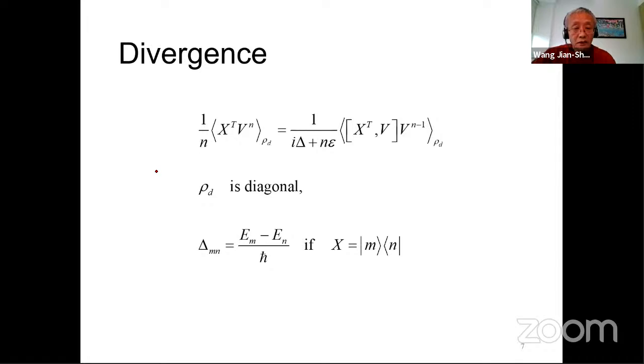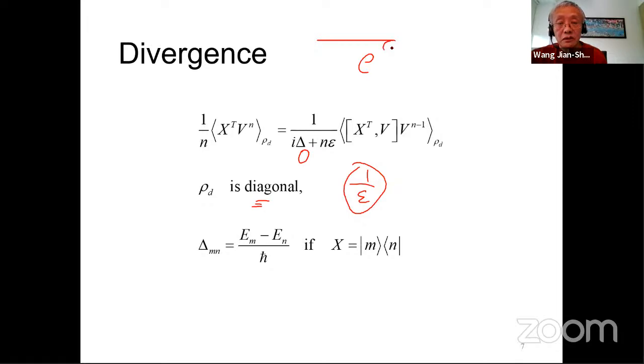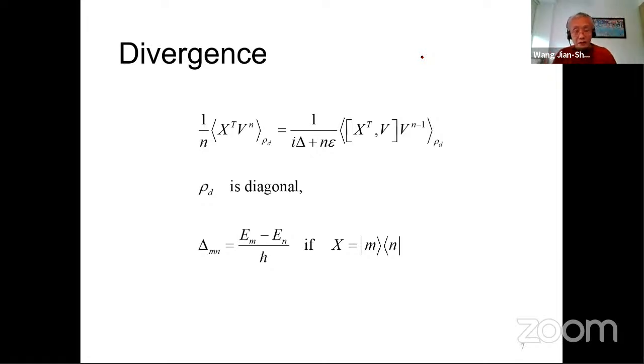So actually, it's not always divergent. It's only divergent on the diagonal. Because on the diagonal, there is this delta, and this delta is 0, because this is the hopping energy of two levels. So on the diagonal, this is 0, and you actually have a divergence, which is this epsilon. So remember that this epsilon is my adiabatic switch-on epsilon. In other words, I have to turn on this interaction, but if I try to gradually switch it off,